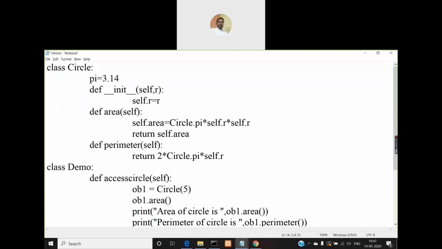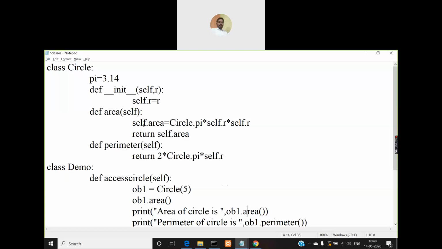Avoid using the same names for classes, variables, and methods. Don't think that it will not be a problem in Python. Even in Java you cannot do this. If you create a class with some name, and if you create a method with that name, that must be only a constructor, it cannot be a method. And if you create a method, and if you create a variable also inside that class, then that variable name must not be exactly the same as that of the method. You will get a compilation error if it is in Java. Okay. So remember this point.